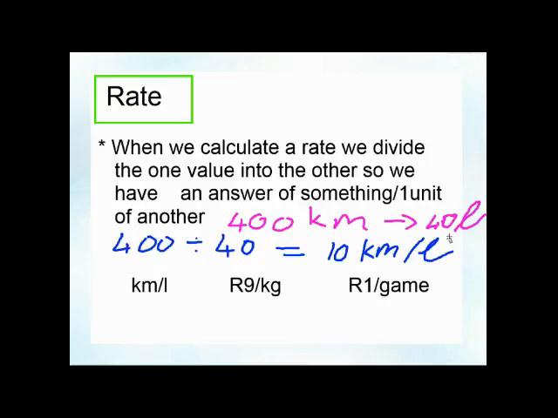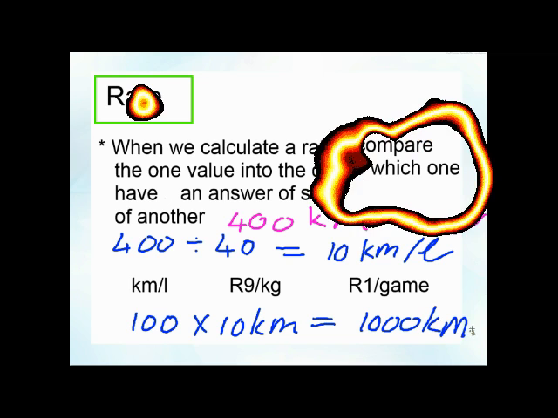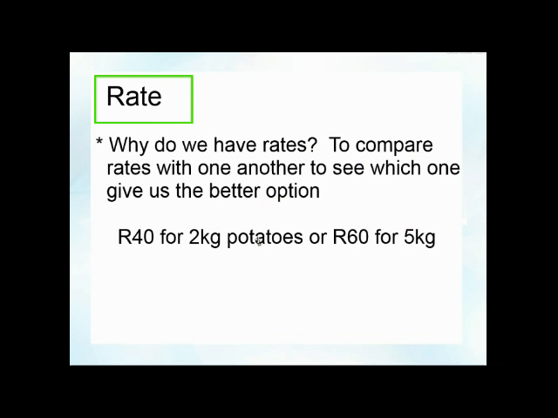And that helps if we want to solve other questions. So let's say the question that would have followed were, how far could he have driven if he had 100 liters of petrol? So then, like we did before, we would say, okay, we have 100 liters, so we would multiply the 100 liters by how far he can go per liter. We could drive 10 kilometers per liter. So in total, with 100 liters of petrol, he could have driven 1,000 kilometers.